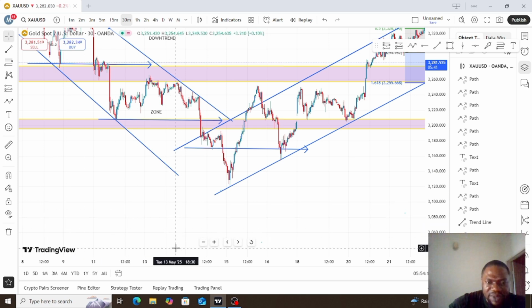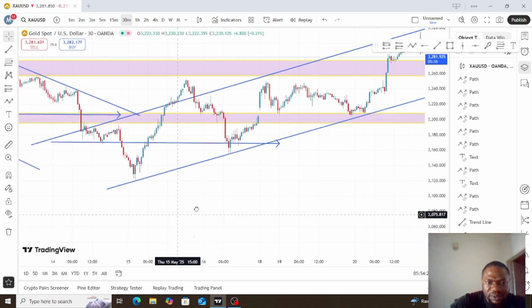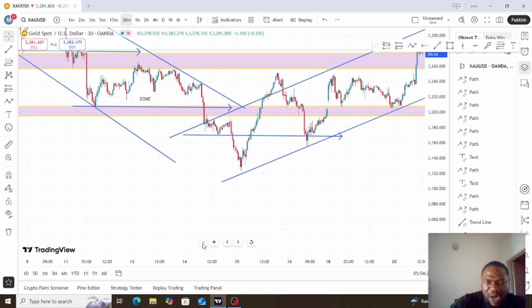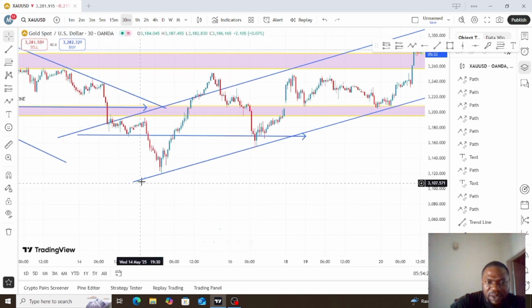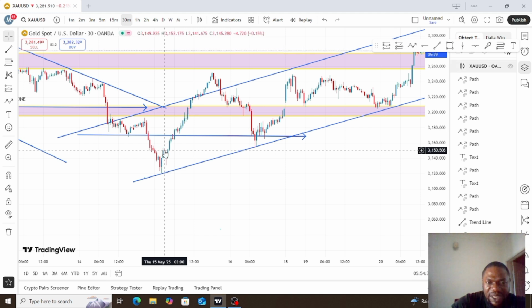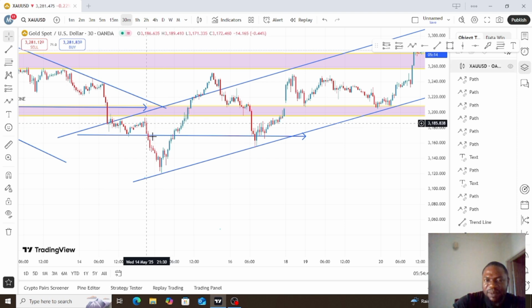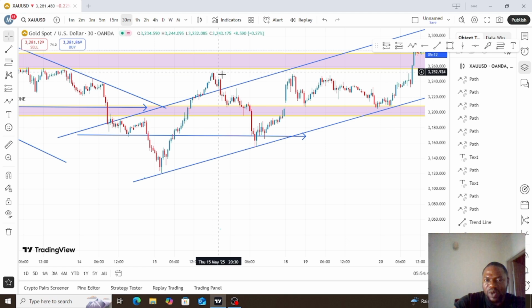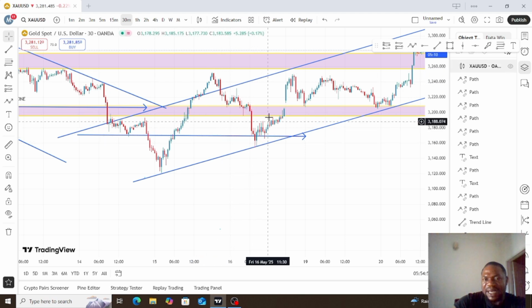Now let's see where the trend changed. Okay, when it gave us another low here, what happened? You can see this low, the market went up, came down to see how it can break this final low, but it couldn't. So you can see these candlesticks came here, struggled, okay, kind of gave us a double bottom and started going up. Now it went up and broke this previous high that was formed here, before coming down. Now the market went up, came down to retest, and then went up, gave us an equal high here,